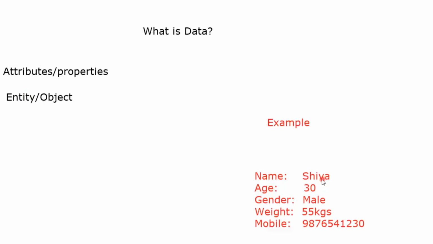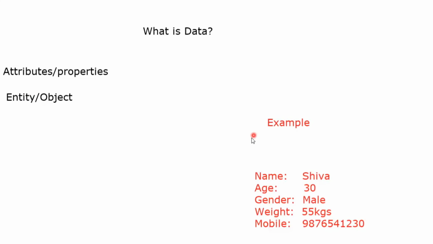So what are this name, age, gender, weight, mobile? These are nothing but the characteristics to identify that particular thing as a person, right? In order to identify Shiva as a person, you are giving the characteristics. By these characteristics only, you are going to identify that particular entity